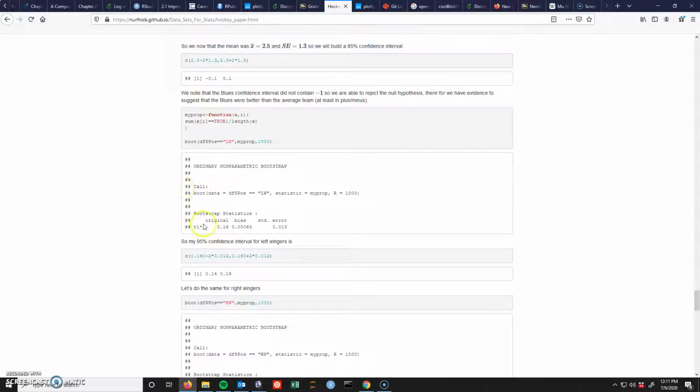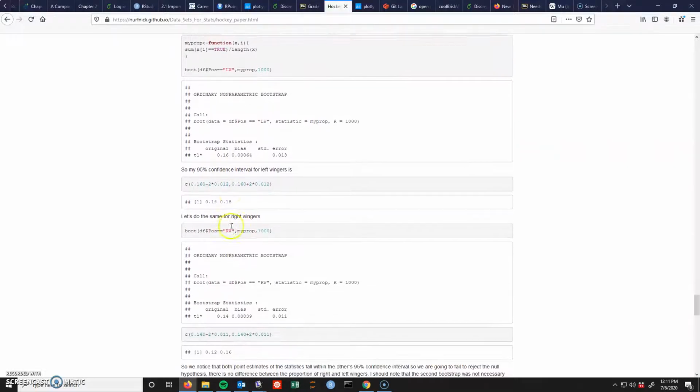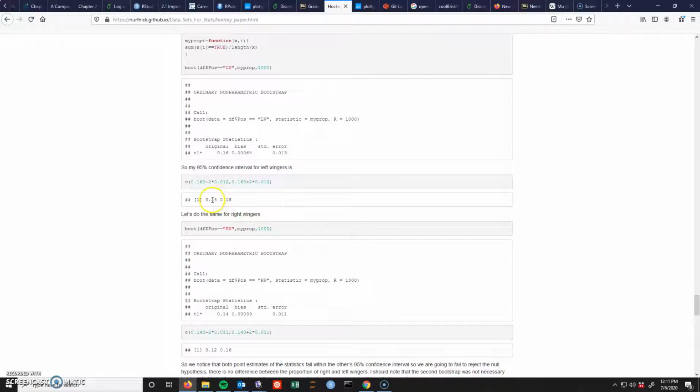So I actually go through here and I do two bootstraps. I do the left wingers and I do the right wingers. And I get a confidence interval for each of these. So I get a confidence interval of 14% to 18% for the left wingers here, and for the right wingers, I get a confidence interval of